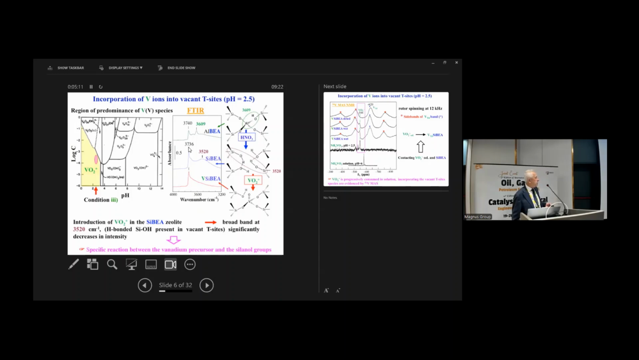At pH 2.5, this is the region of predominance of vanadium species in the solution of ammonium metavanadate. We can see that only at low pH, 2.5 for example, we observe in the solution VO2+ species, small species, and these species can be contacted with Zn-BEA zeolite after dehydroxylation, and a very large band at